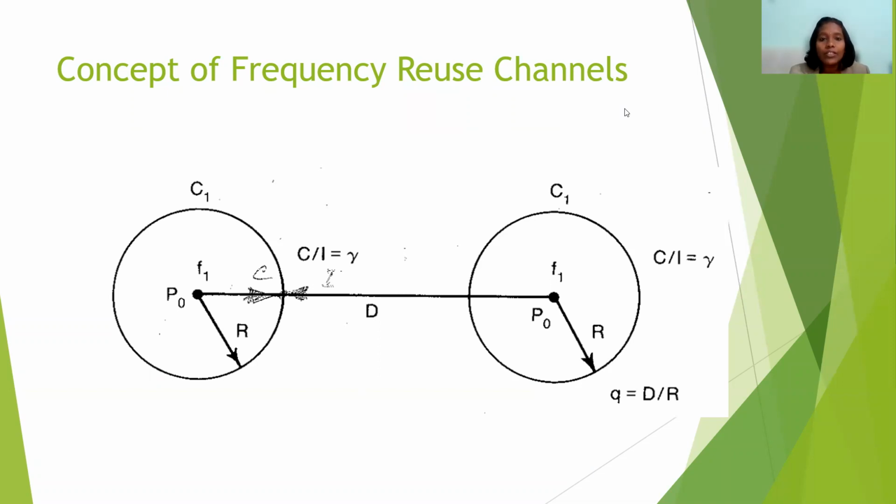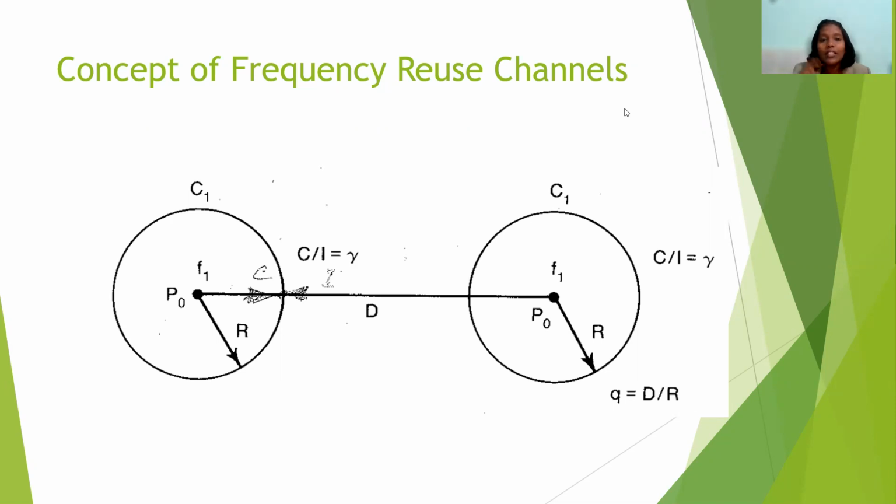A particular radio channel, say F1, used in one geographical zone called a cell, say C1, with coverage radius R, can be used in another cell with the same coverage radius at a distance D away. Frequency reuse is the core concept of the cellular mobile system. In this system, users in different geographical areas simultaneously use the same frequencies. So the frequency reuse system can drastically increase the spectrum utilization because we are using the same frequencies in different locations.